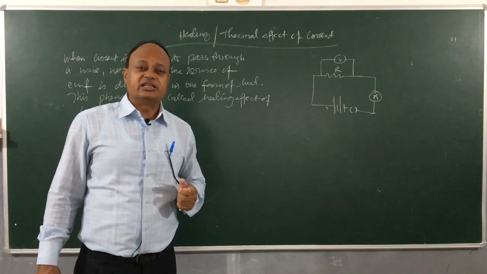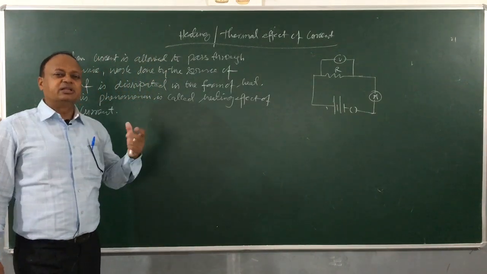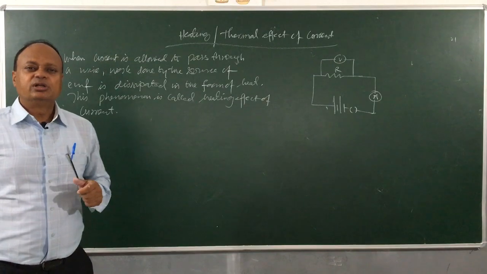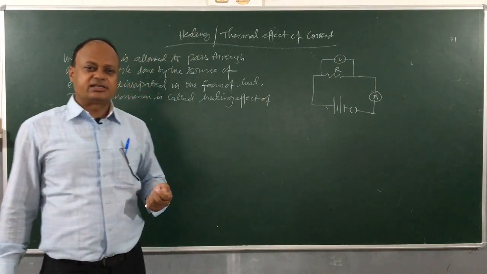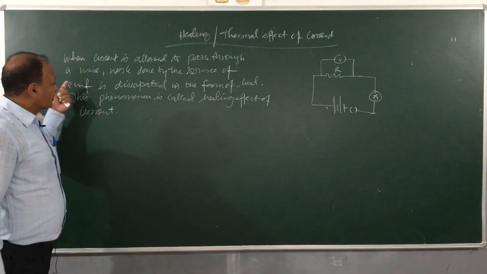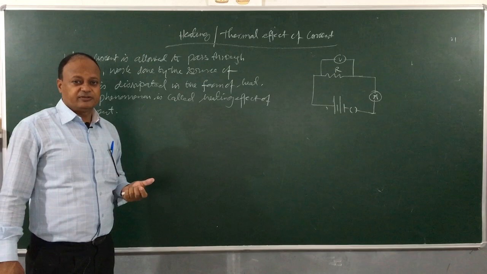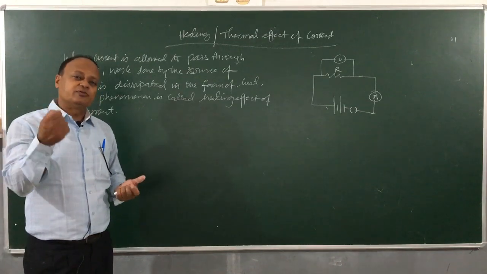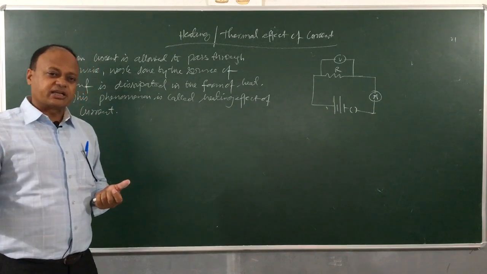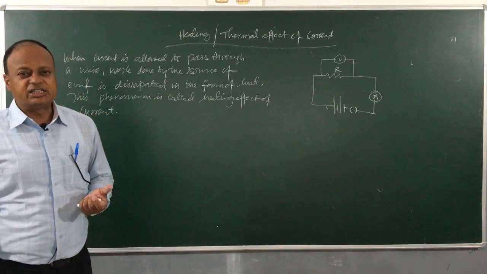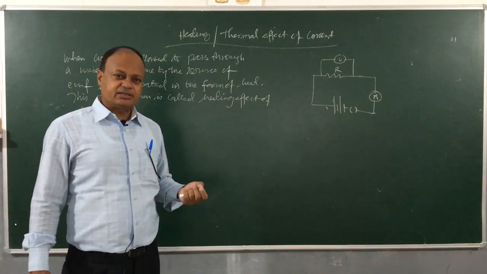Now, in fact, if you send current through a wire for a long time, then you find the wire also gets heated. If you are using an electrical instrument for a very long time, then it gets heated, and you need to shut it down for some time so that it can cool down, and again you can get started, right? So, this is coming from the work done by the source of EMF, the battery. The battery does work in maintaining the flow of current through the circuit, and this work done is dissipated in the form of heat, and the wire gets heated up, right?